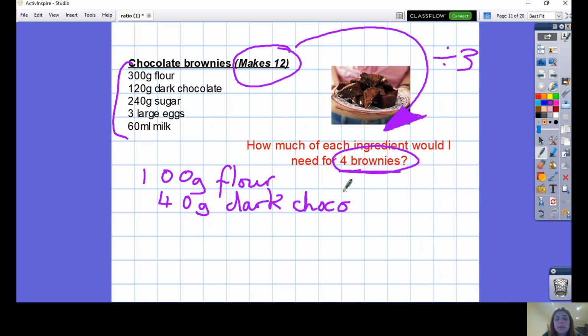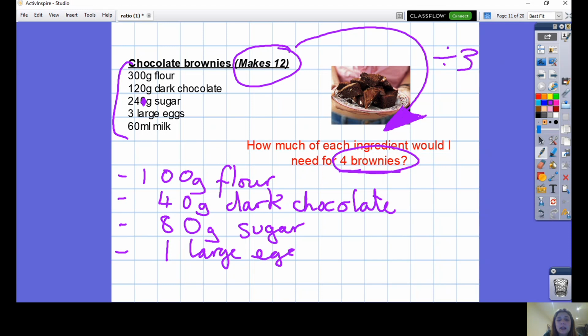this. You write your new recipe. You've got some questions like this later, so you write them out like this in a bullet pointed list. 240 divided by 3. If 24 divided by 3 is 8, 240 divided by 3 is 80 grams of sugar. 3 eggs divided by 3 will be 1 large egg. And finally, 60 millilitres of milk, don't forget your units of measurement, divide that by 3 and you have 20